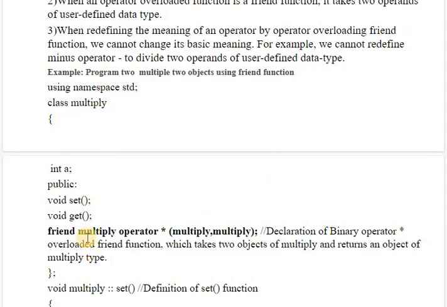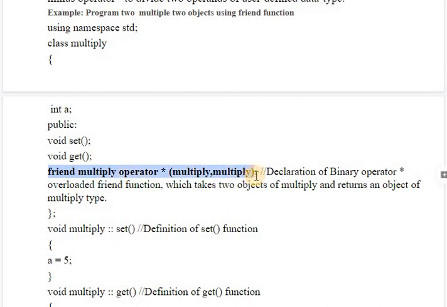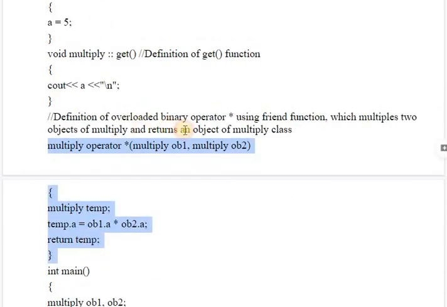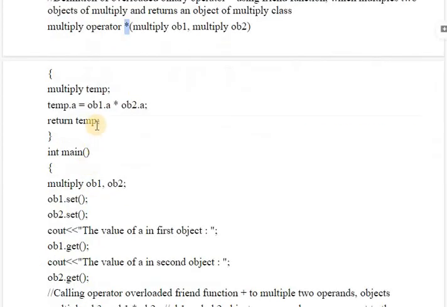So the multiply class is here. This is the friend function with the friend function declaration, and the definition of this multiply function goes like this. Okay, so this is the get function definition, and this is the operator function using a friend function. We will not write the friend keyword in the definition. Multiply, the class name, the operator keyword, and then the operator, then two objects or two operands on which we want to perform this operation. Okay, so the logic goes similar to the case of a normal data type.